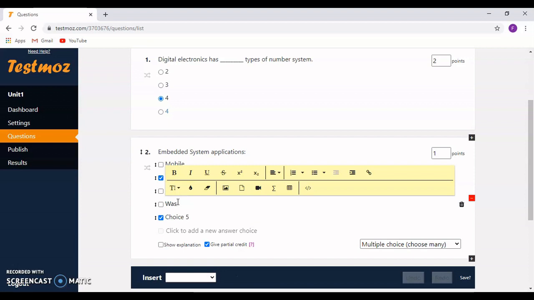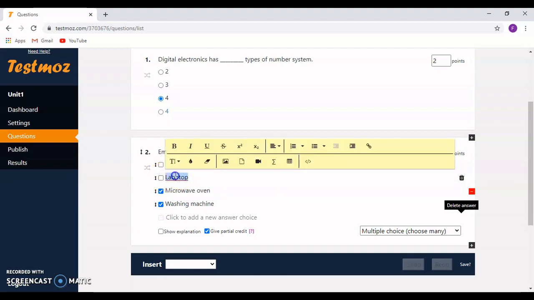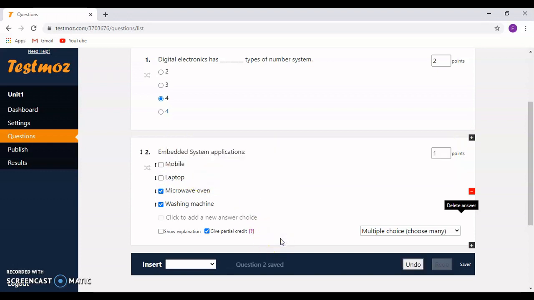I want only 4 options, so I'm going to delete my 5th option. This is not a correct answer, so I'm going to remove the tick. Points is 2. Since it is a multiple choice where more than one answer is correct, we can even give partial credit over here by clicking on this.